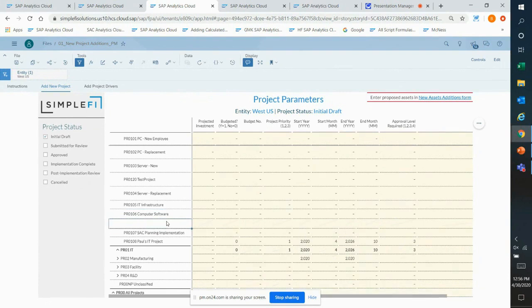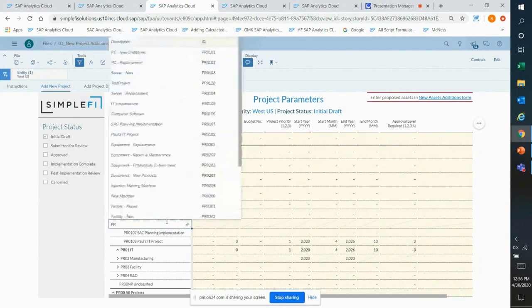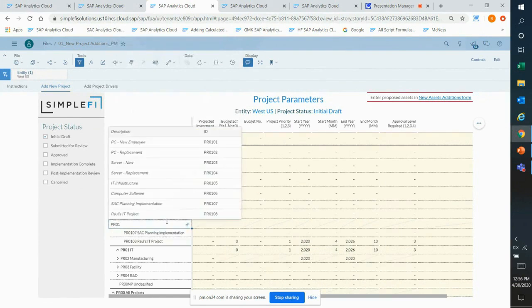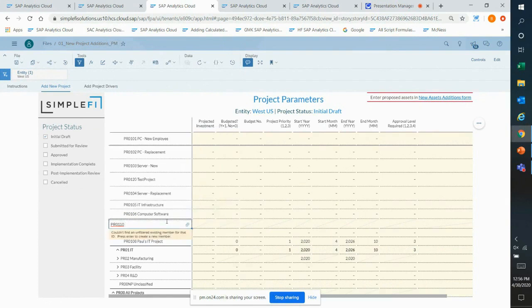So this allows me to follow the same convention as far as the project numbering. Looks like the next one in line is 0109. No, maybe not. And so I can go ahead and add that member directly to